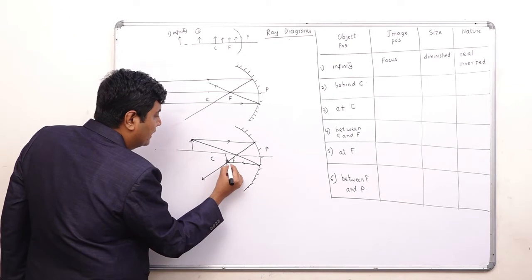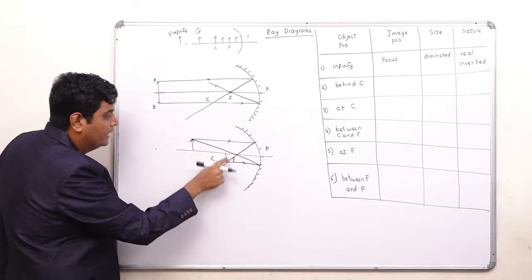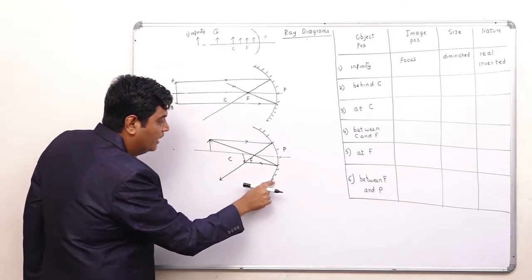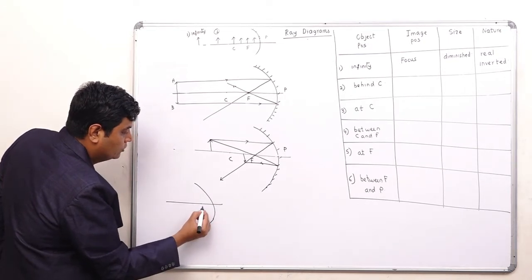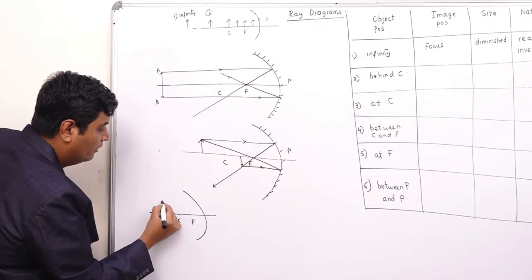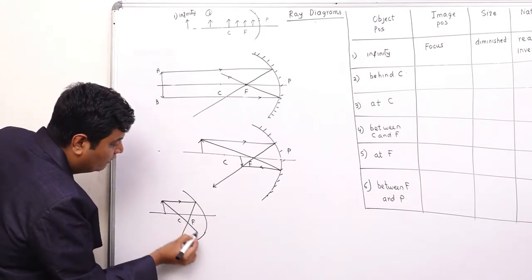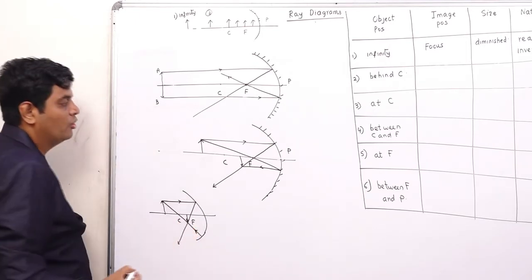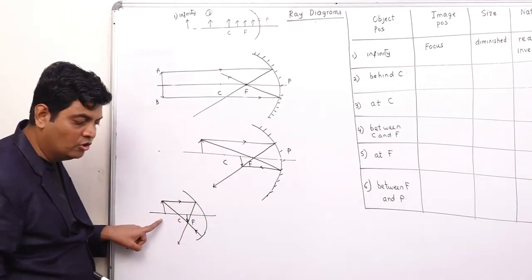And here will be my image. Even if I draw the incident ray here, when I reflect it back, it will be meeting here only. So if you draw it from the center of curvature, it will be the same. I can show you over here. See, this is your focus, this is your center of curvature, and here is your object. One ray is parallel to the principal axis, the reflected ray will pass through the focus. The second is passing through the center of curvature, so the reflected ray will take the same path. This is where they are meeting, so this becomes your image. So your image is between C and F. Here also it is between C and F.